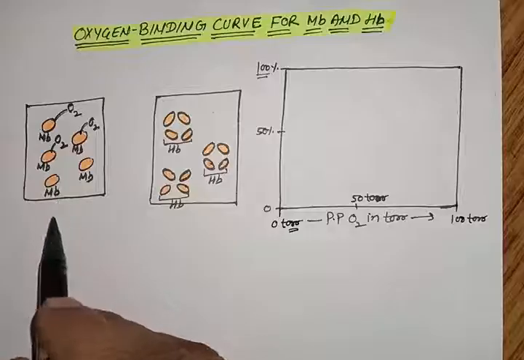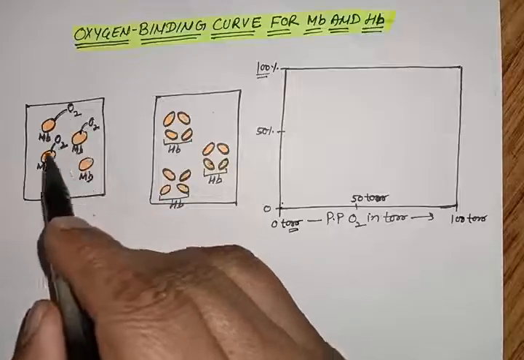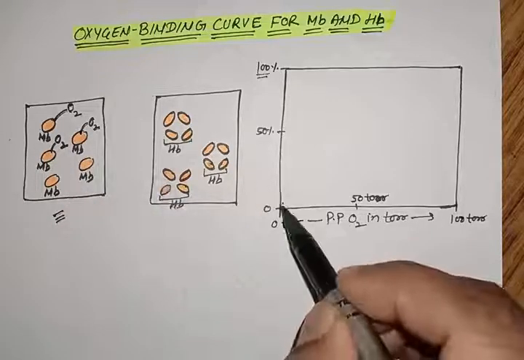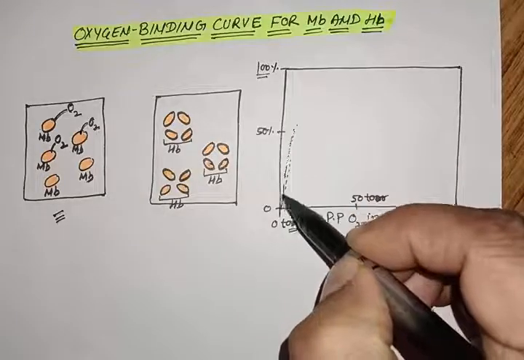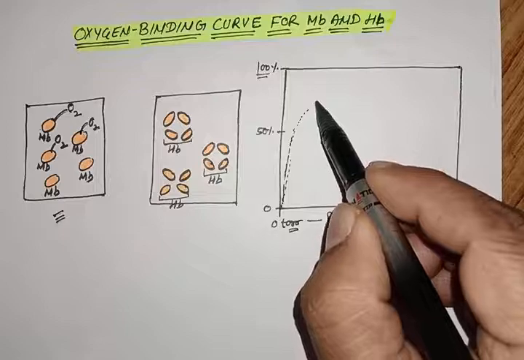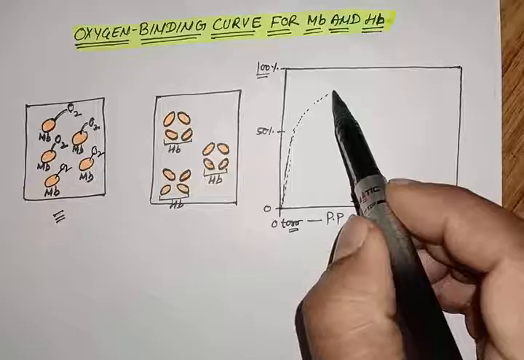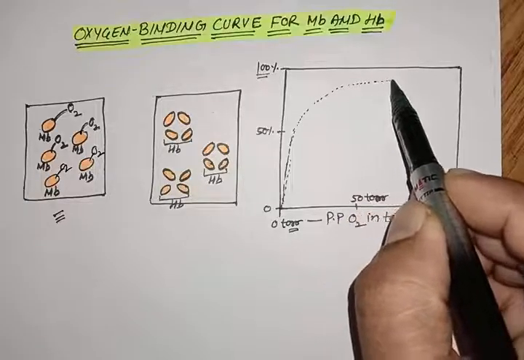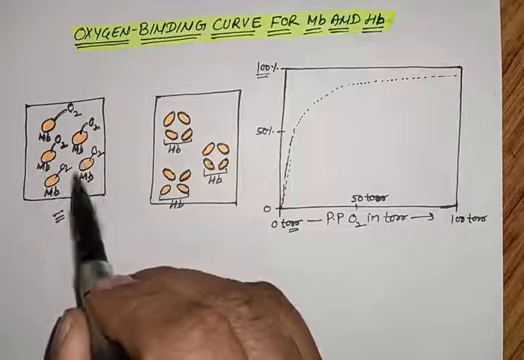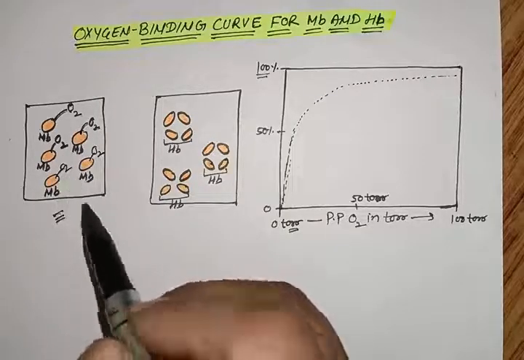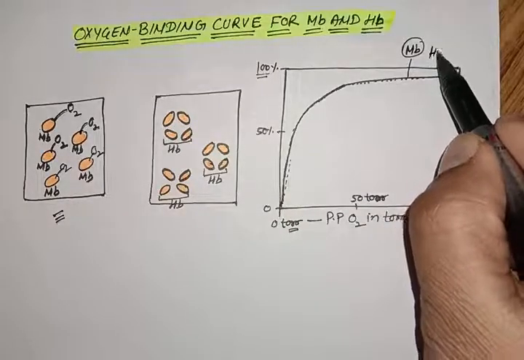So we can easily see that in the case of myoglobin, as we increase the oxygen pressure, the attachment of oxygen to the heme group increases, and the percentage of saturation increases very rapidly. And when all the heme groups are occupied by oxygen, there is no heme group left. In that case, if we increase the oxygen pressure, the percentage saturation will not increase, because heme groups without oxygen are not present. This curve is for myoglobin, and we know that this is a hyperbolic curve.